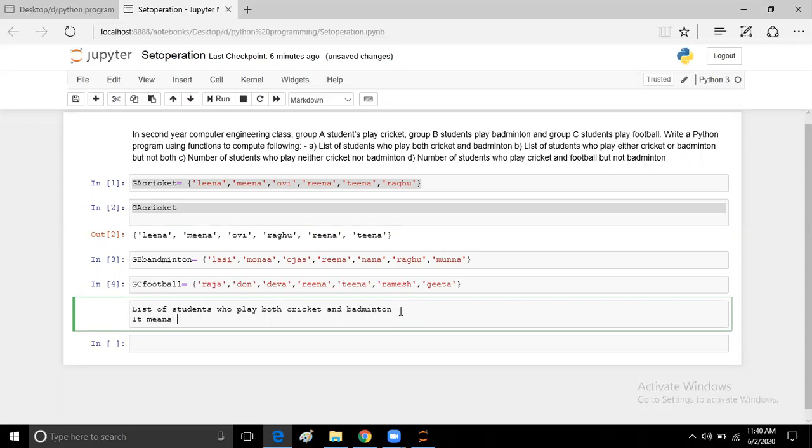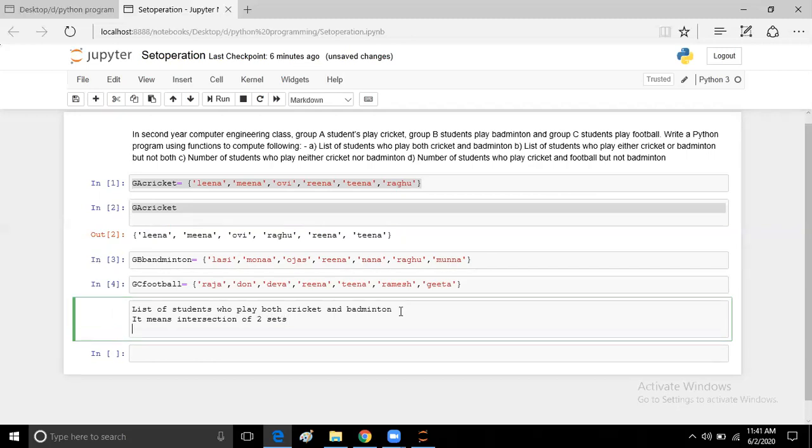What exactly are we going to find out? Who play both cricket and badminton. So here we are going to find out the intersection of two sets, right?